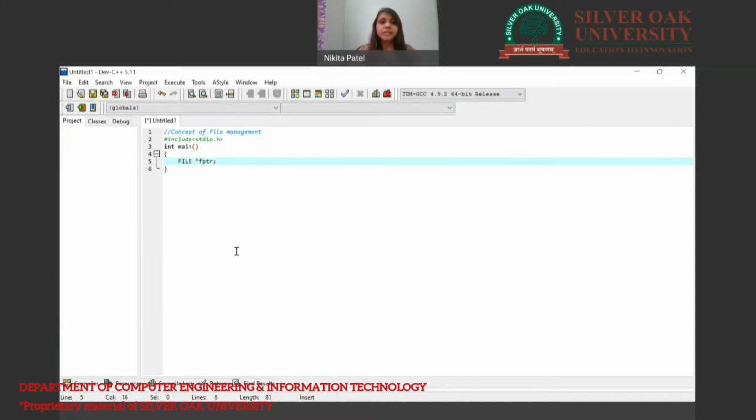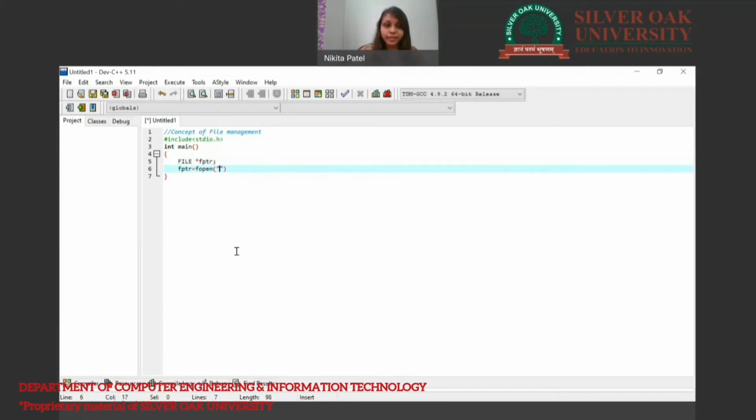This statement declares a pointer variable as a FILE data structure, and fptr is equal to fopen for creating a file. So define your target directory where you want to create it. Here I am specifying D drive program.txt.